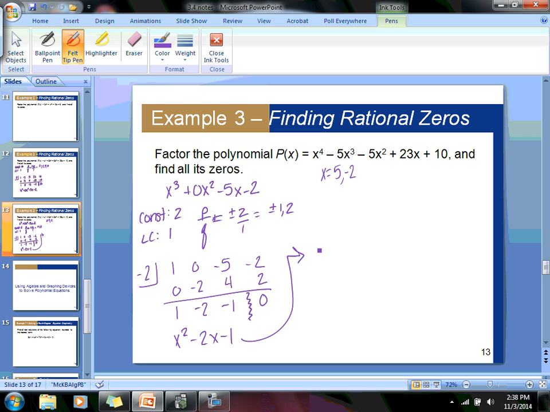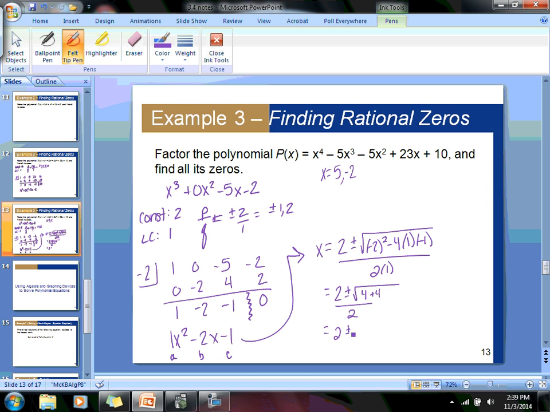Okay, so x equals opposite b plus or minus the square root of b squared minus 4 times a times c all divided by 2a. Remember this one here, that's my a, this is my b, this is my c term. Okay, so then I'll have 2 plus or minus the square root of, let's see, this is going to be 4 plus 4, so that'll be 8. So 2 plus or minus the square root of 8